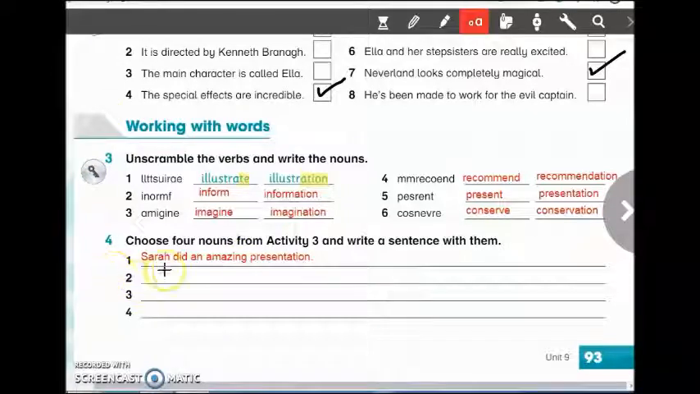For example, let's see this sentence. Sarah did an amazing presentation. سارة قامت بعرض تقديمي رائع. You can do the rest of the